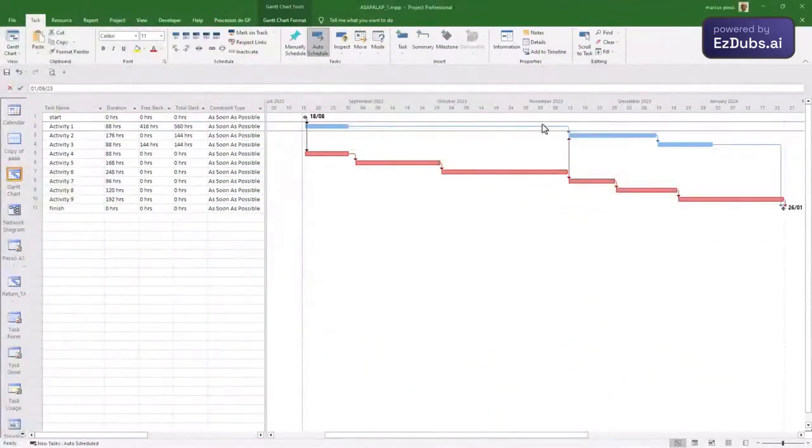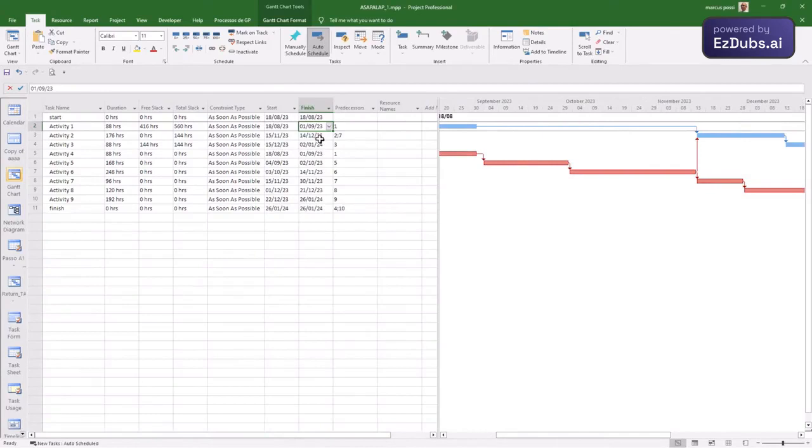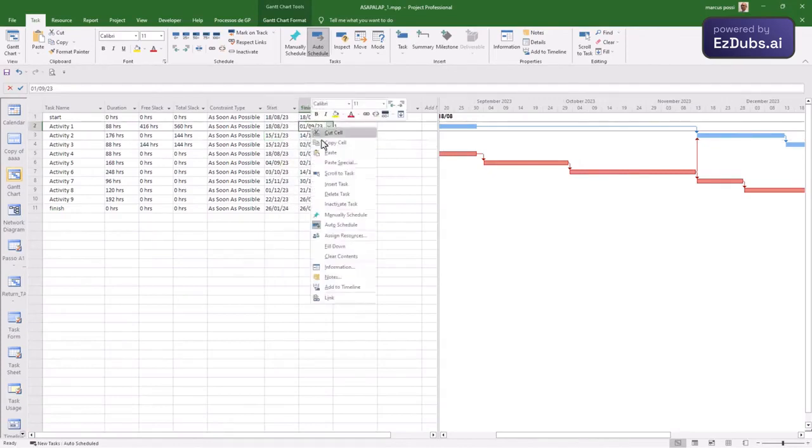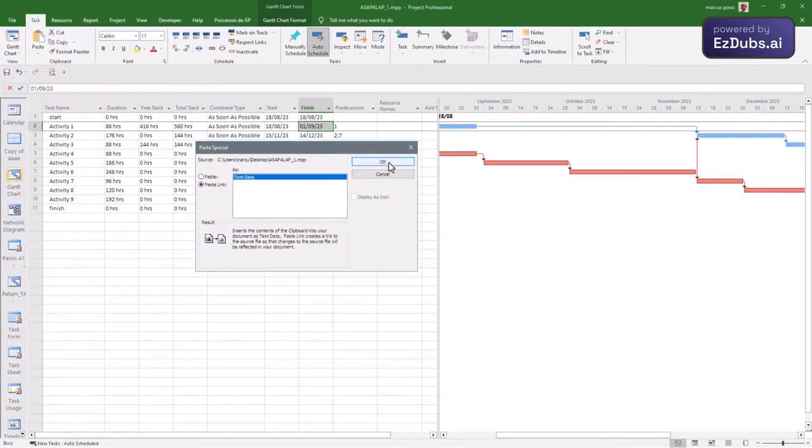How could you resolve this flaw in the MS Project algorithm? The solution found so far is a technical solution, but unstable. You find that the first successor activity of activity 1 is activity 2. You copy the beginning of activity 2 and paste it as the end in a special way, as if it were a dynamic link to activity 1.